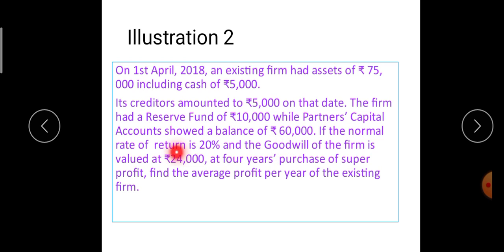Now see, the normal rate of return is 20%. Goodwill of the firm is valued at 24,000. Okay, goodwill of the firm is valued at 24,000, and it is 4 years' purchase of super profit. Okay, so first we will calculate the value of super profit. With this information, we will calculate the normal profit, and with the help of normal profit and super profit, we can calculate average profit. Okay,